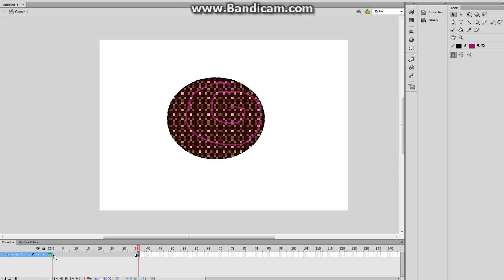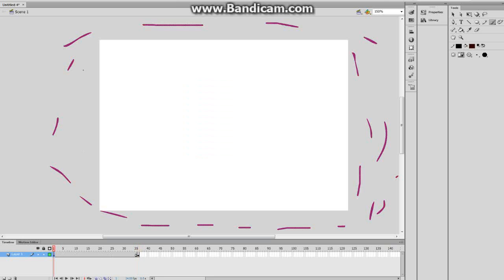So you then got your ball here. You want to find out what colour the middle bit is using the ink tool, like that, and then going back to your brush and putting some of that around as well. So there is your outline, basically. And now,